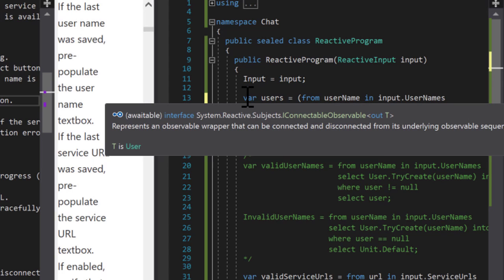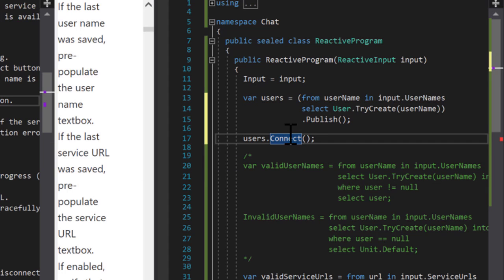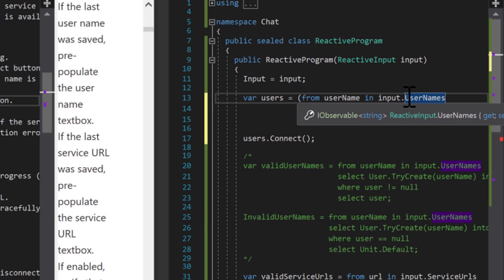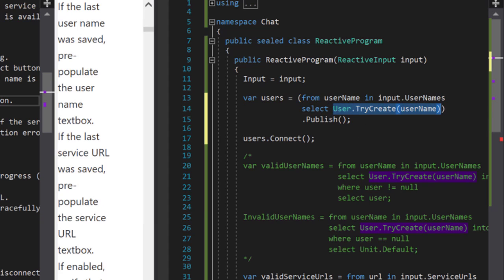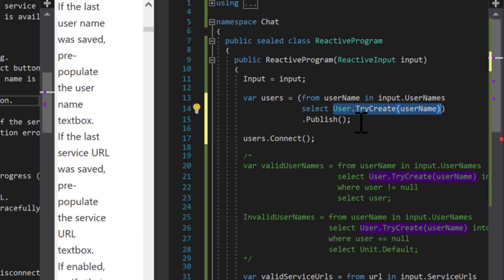So instead of an IObservable, it's an IConnectableObservable. It's an observable, and it implements IObservable, but also has a connect method. So now we could set up all of our subscriptions, multiple subscriptions, one for valid, one for invalid, as two separate queries. And when we call connect, the publish operator will subscribe to the source. And then any notification that comes in and gets projected will be multicasted to all of the current observers,